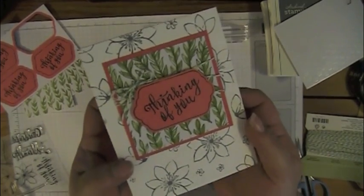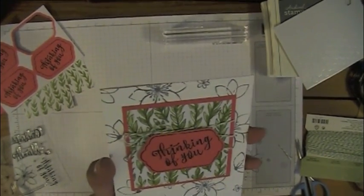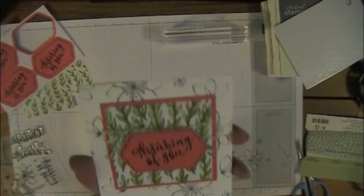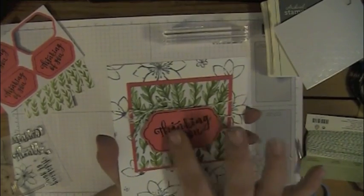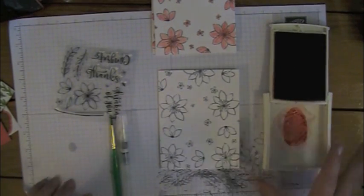A quick and easy alternate card idea using October's Paper Pumpkin Kit. You could even color in the flowers that you stamped on the background if you want to step it up. I'm kind of thinking it needs a little bling. Maybe adding some rhinestones or pearls on here. So if you want to step up the background of your card a little bit,